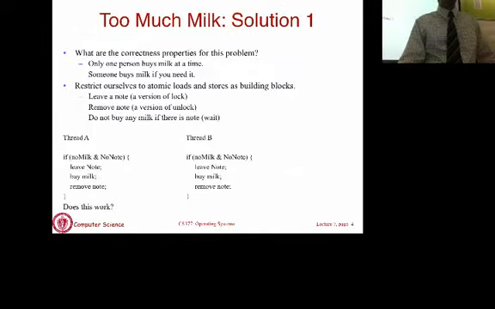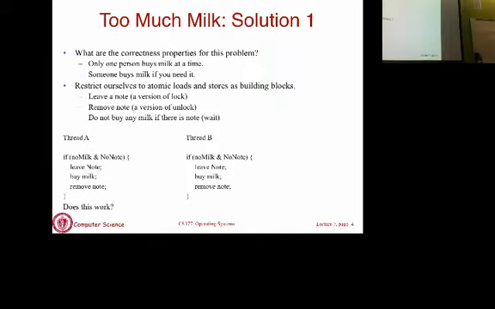Okay, so now let's try to solve the too much milk problem and understand how synchronization works, how critical sections work, and so on and so forth. So first solution: you need to somehow communicate or collaborate with your roommate to solve the too much milk problem. So how do you do this?